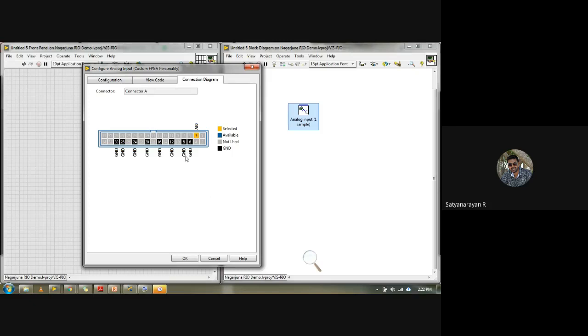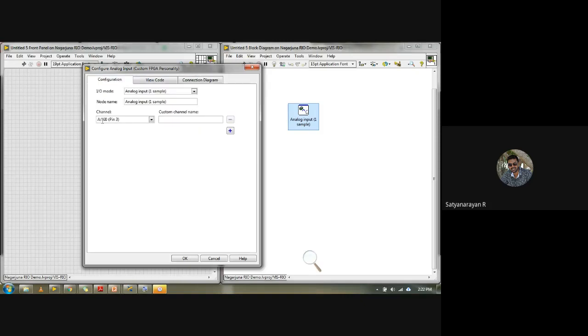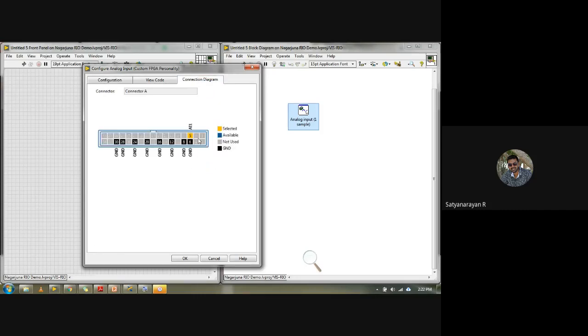Here you can see many ground connections, and you have selected AI03. Why? Because in the configuration you can see port A slash AI0 pin number 3, meaning in the A port you have been connected to AI. If I change this to pin number 5 and go to the connection diagram, you can see previously it was connected to AI3, but now it's connected to 5.